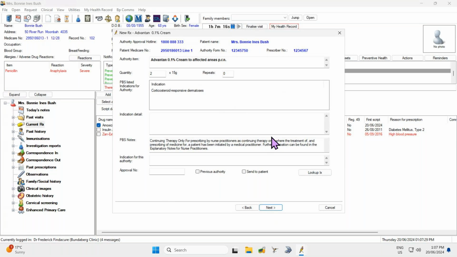So this is where it gets a little bit different. Now, you'll notice that we have our authority approval hotline number up the top here, and then we have our approval number box below. So we need to get that approval number before we move on. To do this, we need to review the indications listed in this box, and we need to double click on one. The keyword being double click. Clicking once won't give you the number, so you do need to double click. So you can see that I've got my approval number there,